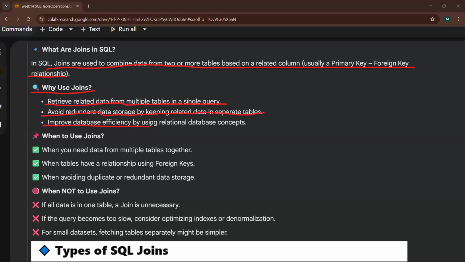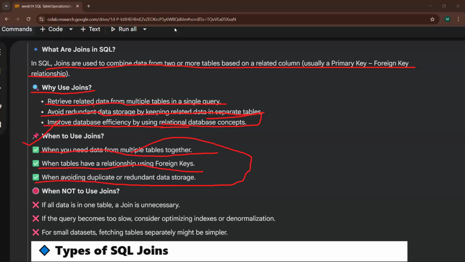And it improves database efficiency by using relational database concepts. When to use? When you need data from multiple tables together, when tables have a relationship using foreign keys, and when you want to avoid duplicate or redundant data storage.